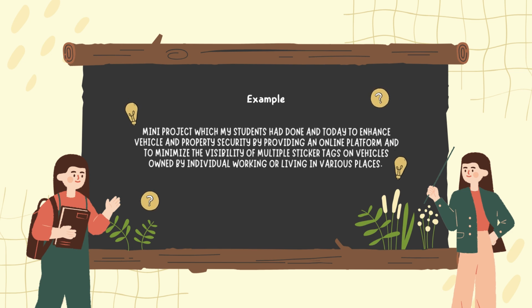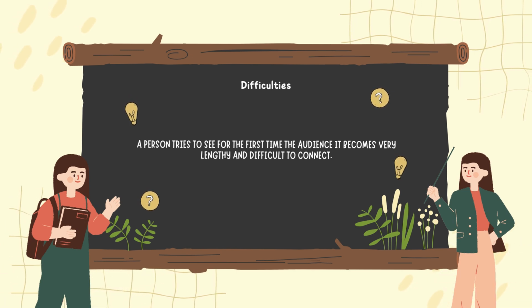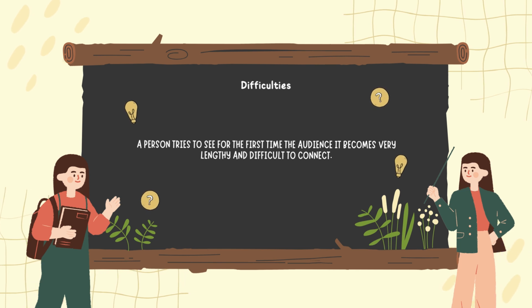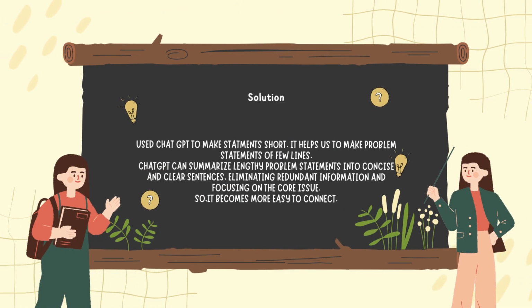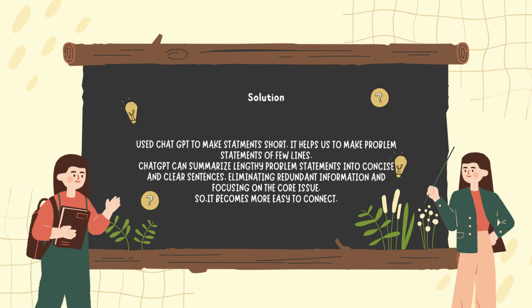Of course, as I had said earlier, the problem statement has to be minimum 1 line or 2 lines. They have done that. But if you observe this problem statement, when a person sees it for the first time, the audience finds it very lengthy and difficult to connect. If you lose the connect of the audience, they are not interested later in your diagrams, in your proposed work, anything. So what we did in class here is that on ChatGPT we put that statement